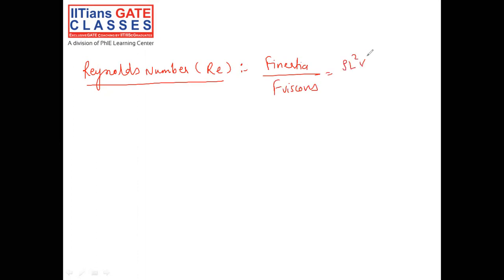First of all, we are going to see Reynolds number. What are its applications and what is the physical significance of Reynolds number? Basically, it is a ratio of inertia force to the viscous force. Inertia force we know is rho L square V square, and viscous force is mu V L. So rho L V divided by mu is the formula for Reynolds number, where mu is nothing but dynamic viscosity.